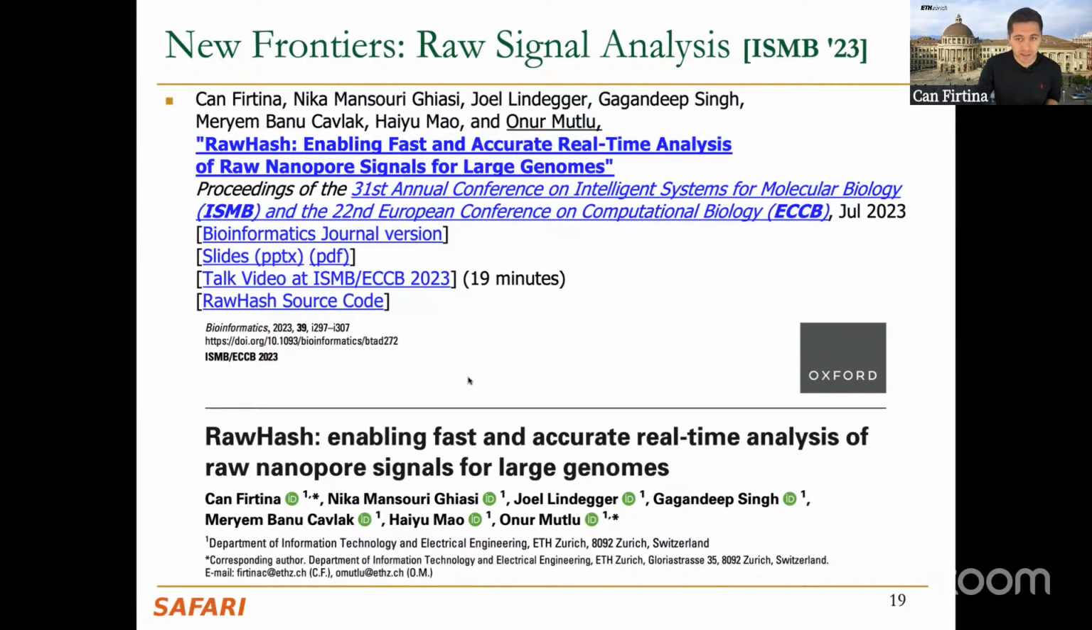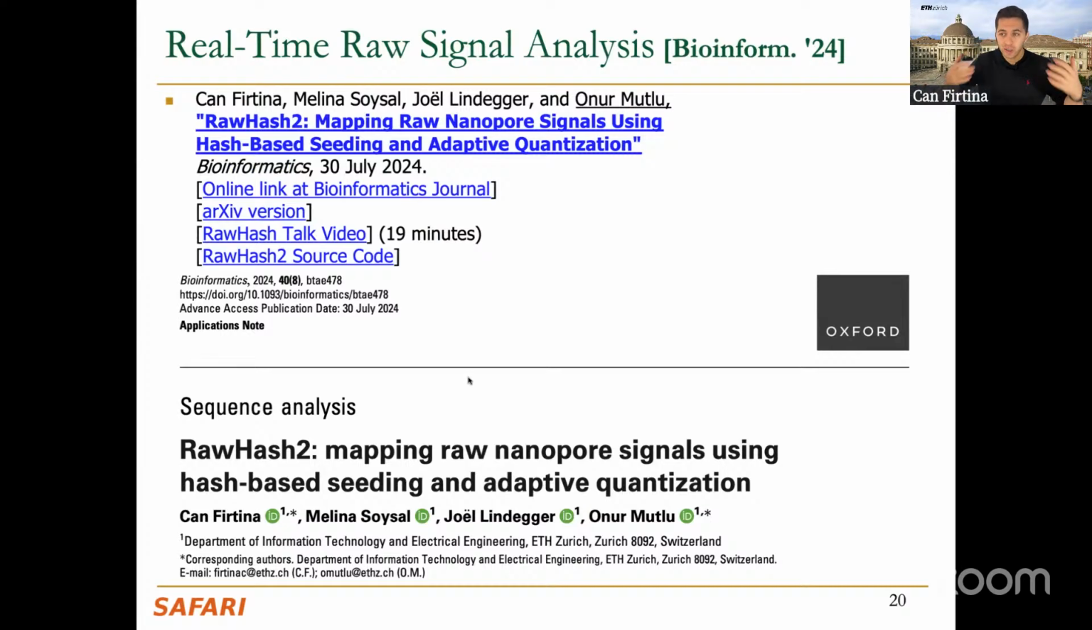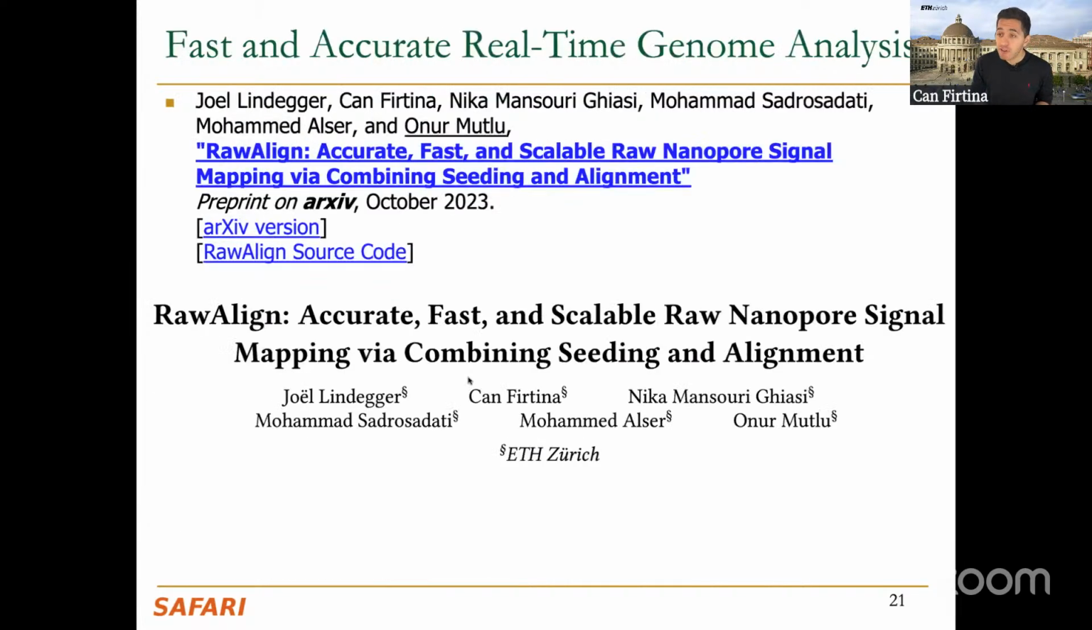This was presented last year at ASMB, and also we continuously improve the mechanisms that we propose. For example, RowHash 2 is recently published, and it improves certain steps in the raw signal analysis to make it more accurate. We also understand that the raw signal analysis is not currently widely adopted in the field because it's a growing field now, and there is a lack of tools to do the full analysis for the genome. For example, for now, perhaps we cannot even identify the mutations that are present in an individual without base calling, but we want to achieve this, and one way to achieve this is to